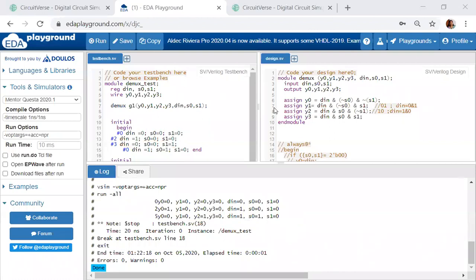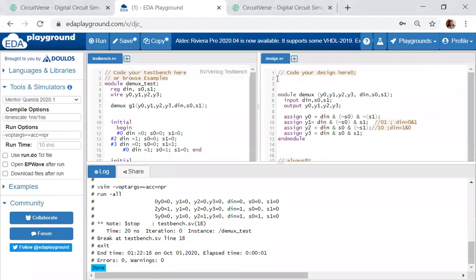The same code I will try to alter for 1:8 demux using 1:4. When I'm writing a 1:8 demux, I also require one enable. So I will write one enable.